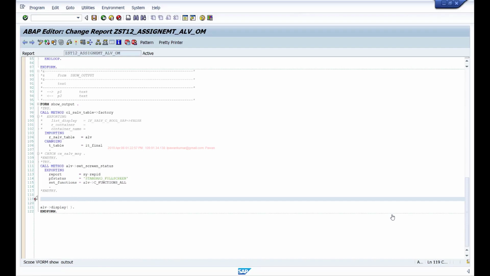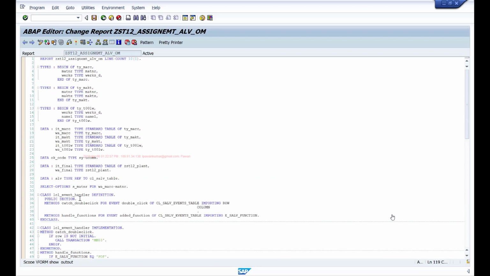Before calling this display method, before you generate the ALV, we have to call that method for handling these events.